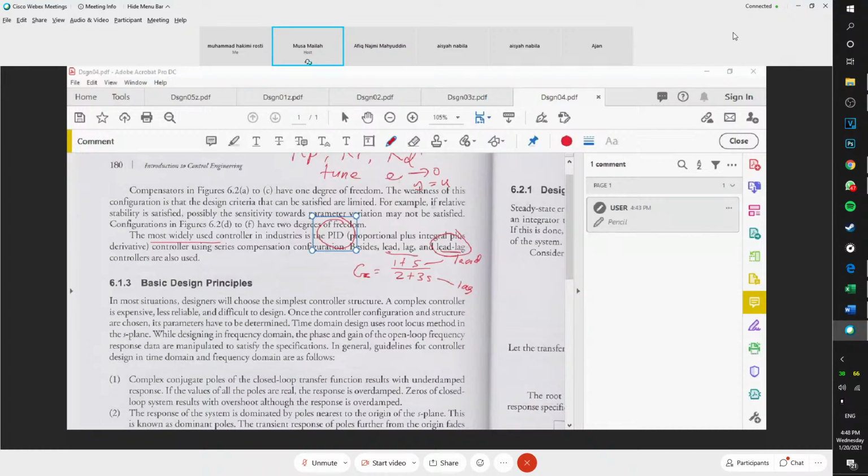All right. Okay. So we go to the basic design principle. So when you do the designing, when we design,